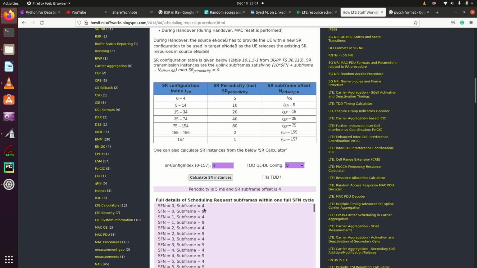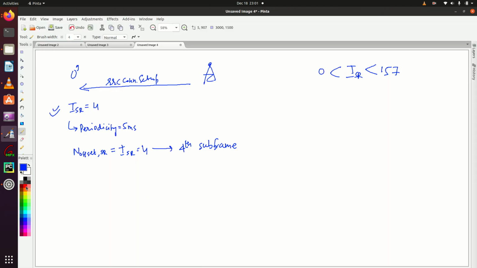And after 5 milliseconds, again the UE could send a scheduling request at subframe 9 of the same SFN. Let me draw it here so that you can understand easily. This is my SFN 0.